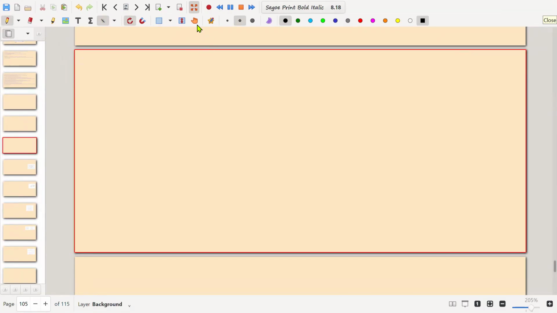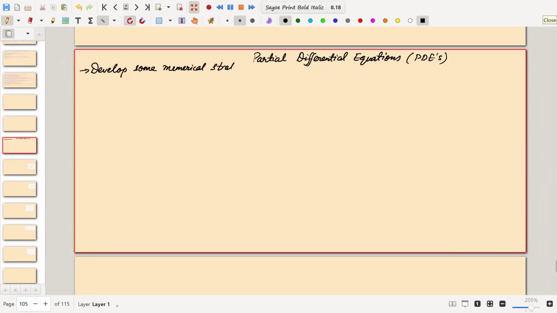Okay, so partial differential equations. So it's PDEs. We'll try to develop some numerical strategies to solve PDEs. Okay. So you already know PDEs arise in many branches like fluid dynamics, heat transfer, and definitely are being